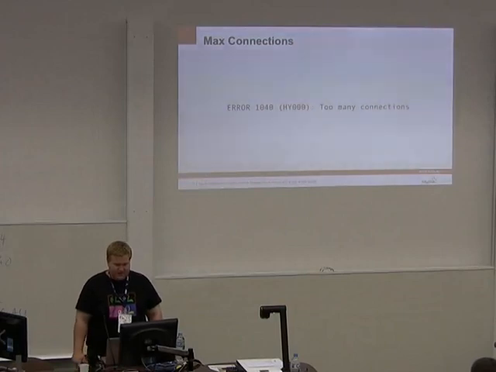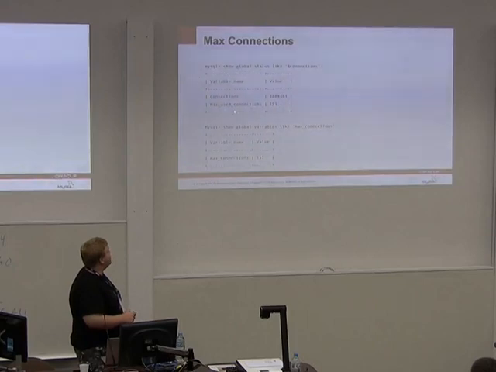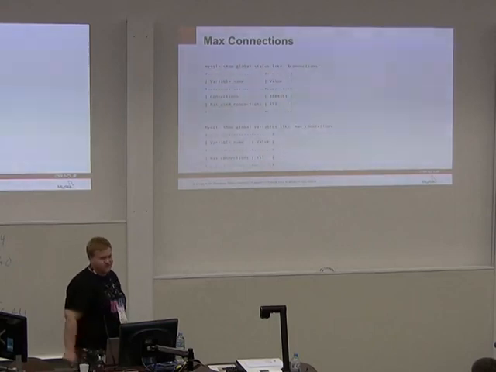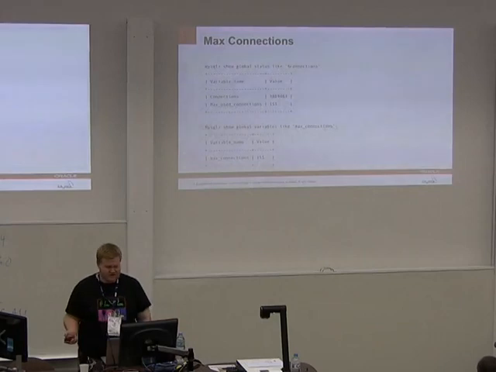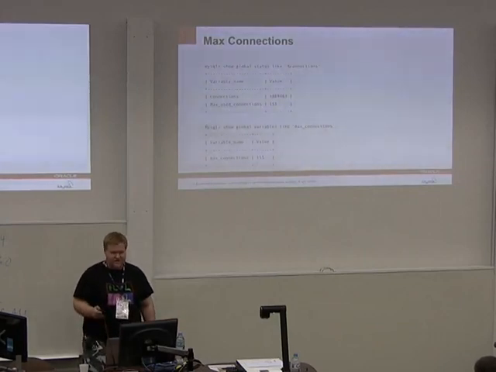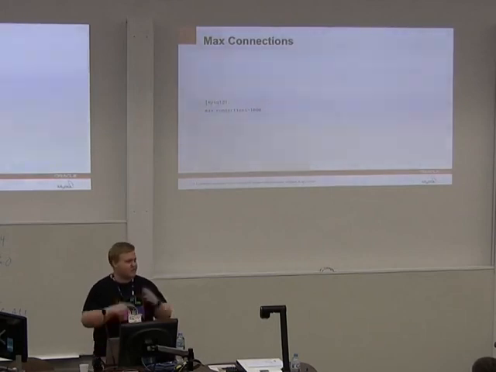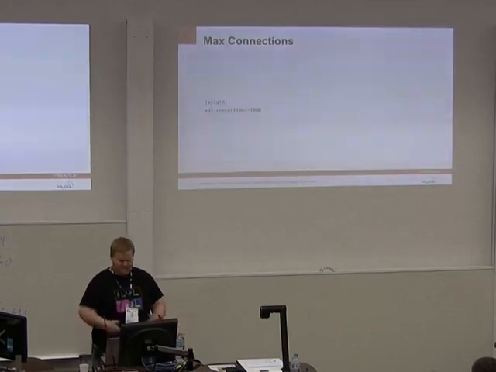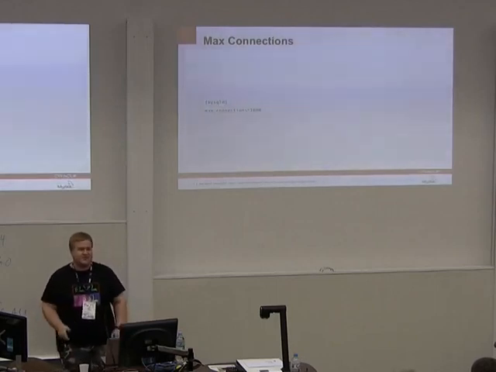So you do a bit of looking around and you figure out that we can check the number of connections to the server. So the maximum number of user connections was 150. And we've checked the global variables and we can see that, in fact, that is the number configured to the server. So the server's max number of connections is 150, and we probably need to raise that. So you've done some Googling around, and you figured out that, let's change it to 1,000. That sounds like a good number. We couldn't possibly use more than that. Let's change that. So you change it to 1,000, and then you restart the server,